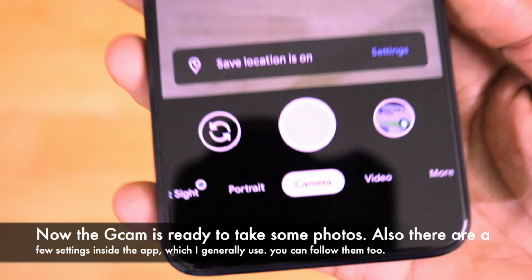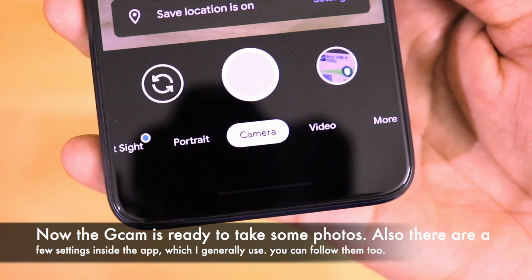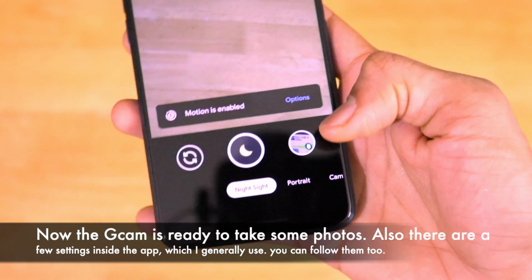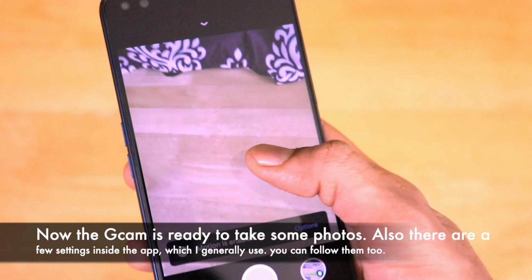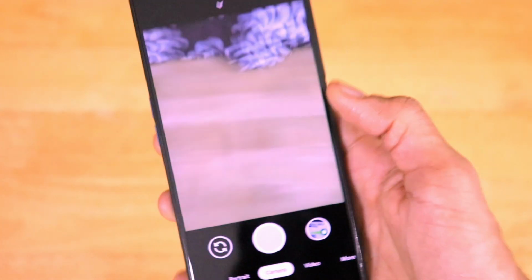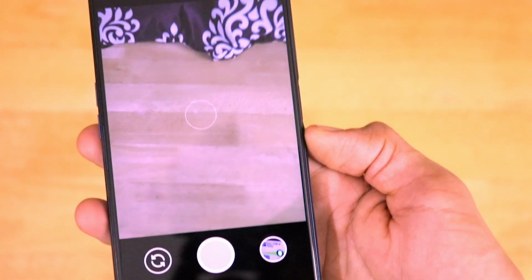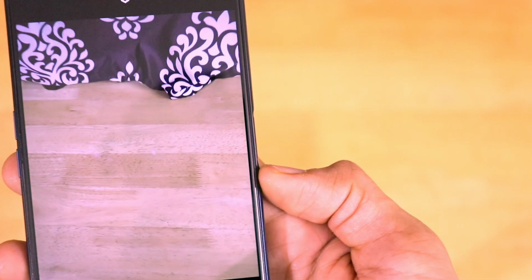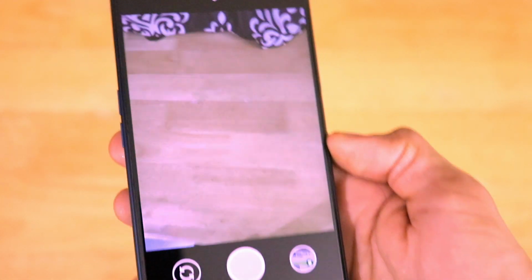So now we have successfully loaded the configuration files onto our Gcam application. That means the best settings have been ported perfectly to our Gcam 7.3 on the Realme X3 smartphone. So now, even after porting the Gcam, we have a few settings that we have to be making to make sure that we get the best photographs on our Realme X3 smartphone.